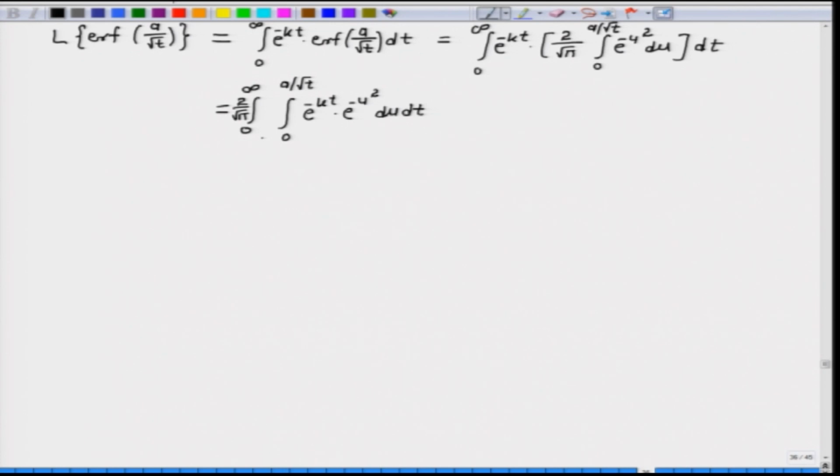So, the limits are defined for u from u equal to 0 to u equal to a by root t, and the outer integral is for t. So, the limits of the outer integral are defined as t equal to 0 to t equal to infinity. So, how do we change the order of integration? There are two variables here, u and t. So, if we plot u versus t,